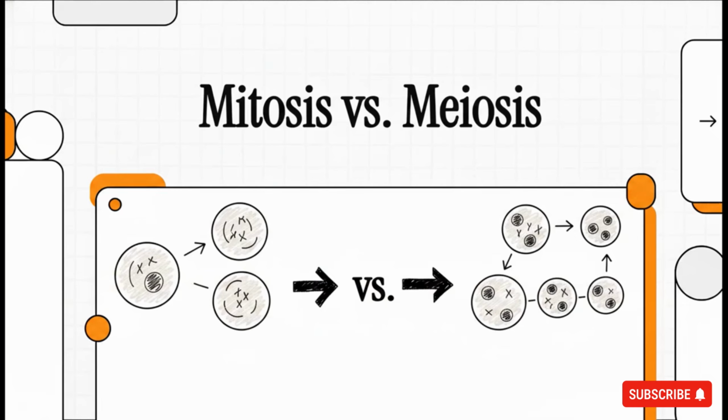Now, if you've been following along with our recent explainers, you know we've taken some pretty serious deep dives into the step-by-step mechanics of both mitosis and meiosis. Up until now, we've really just looked at how they function in total isolation. But today, we're mixing things up. Today, we're putting these two absolute heavyweights head-to-head in the ultimate cellular showdown. We are going to lock in the absolute core differences between the two, once and for all.